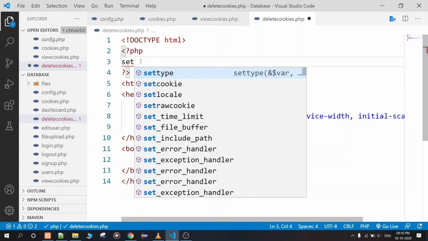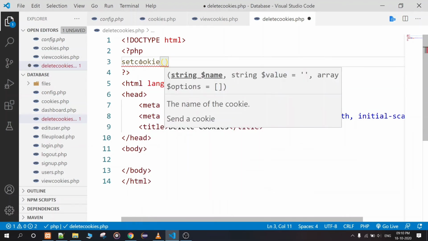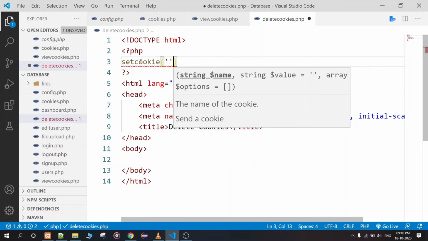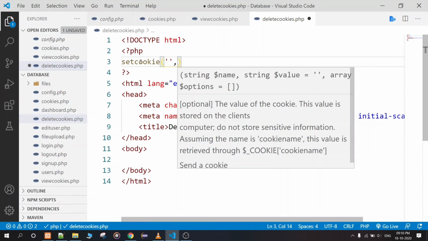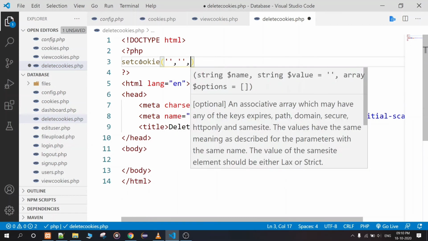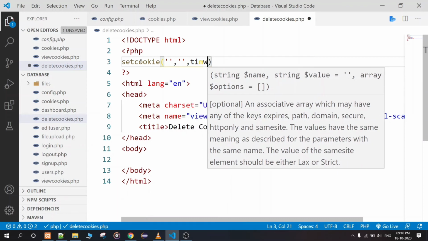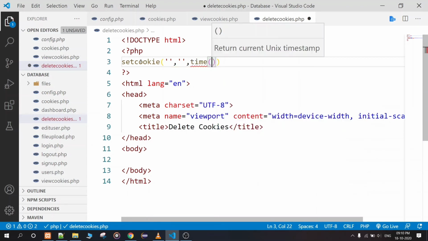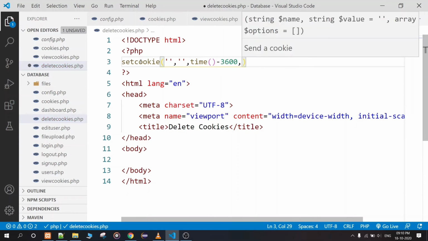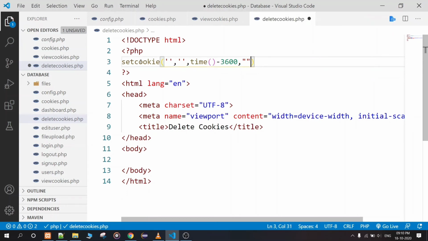For deleting a cookie we have to use the setcookie function, but in this case we have to set null or empty, or time minus 1 hour, which means 3600 seconds. The path is the same, slash, which means the current path.